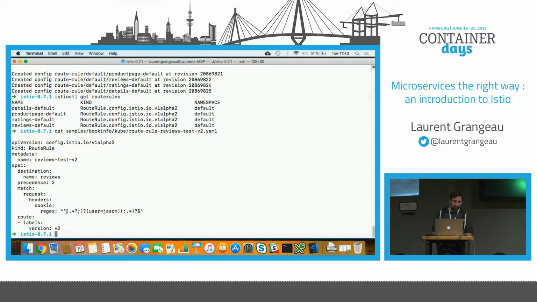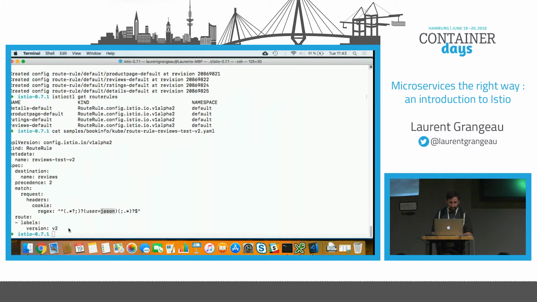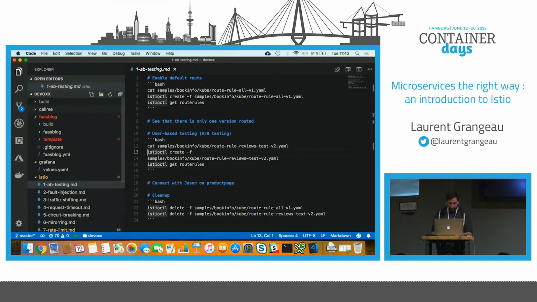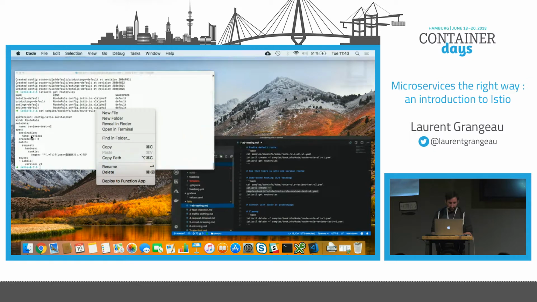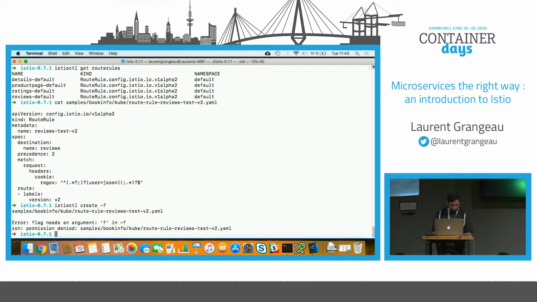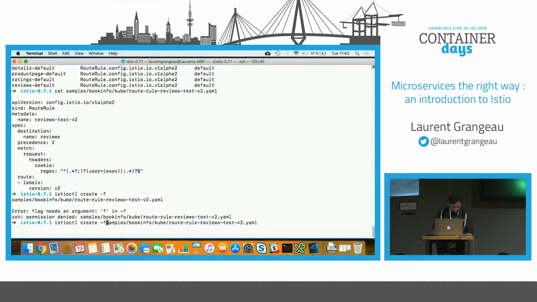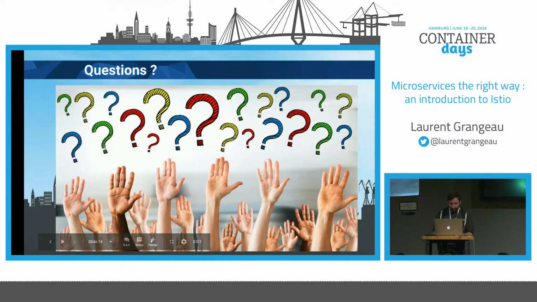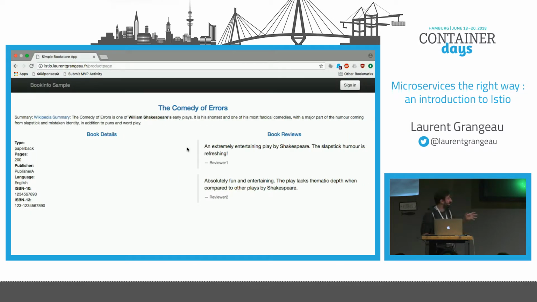So when the destination matches the user Jason, they will be routed to version 2. So I apply that YAML file. Okay, and I go back to my application. So my application has a default V1 route and has an A/B testing route with a user Jason, who will be routed to version 2, so the black stars.